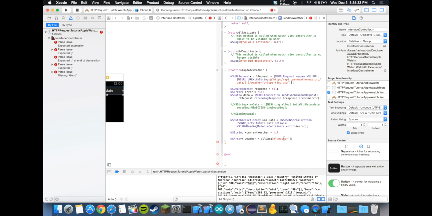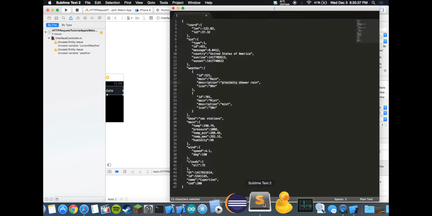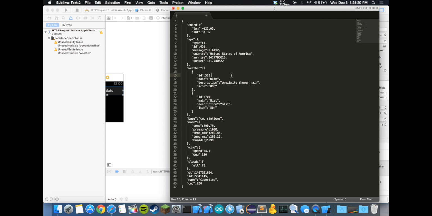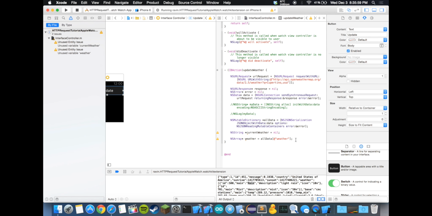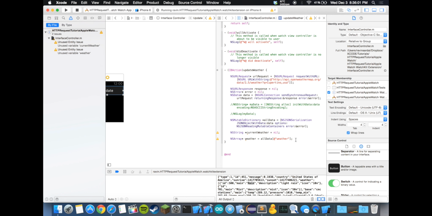And the reason I typed in weather over here is that when we go back to our JSON file, we can see that we want the contents inside the weather element. So here's where our dictionary starts, and inside we want weather, and then inside the weather array, we want main, and then main is going to contain rain. So let's